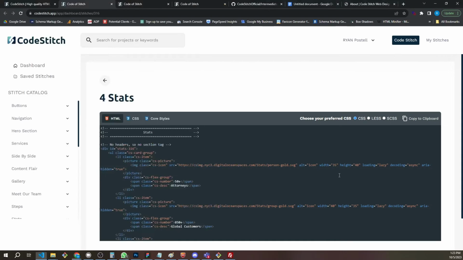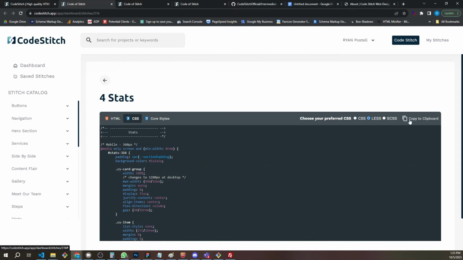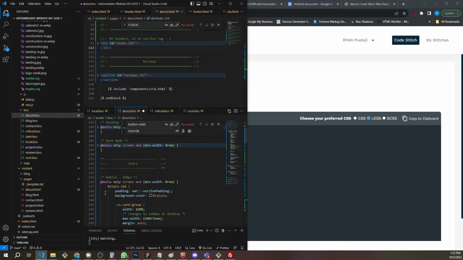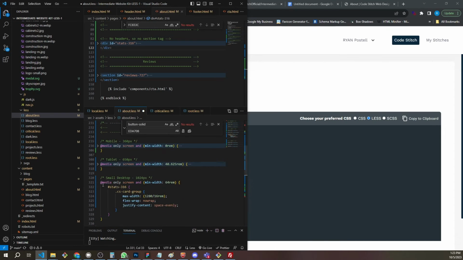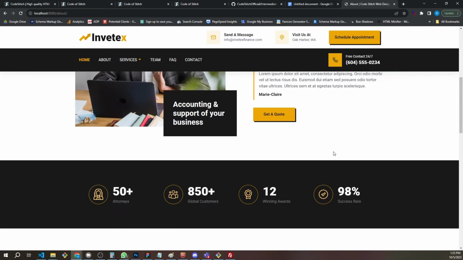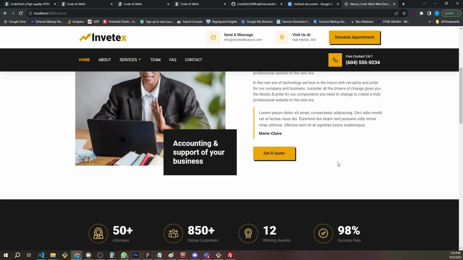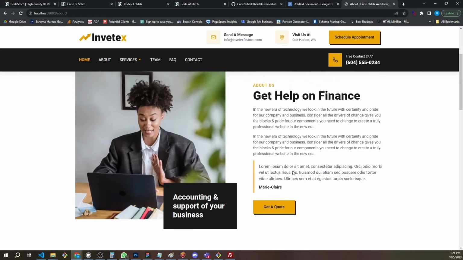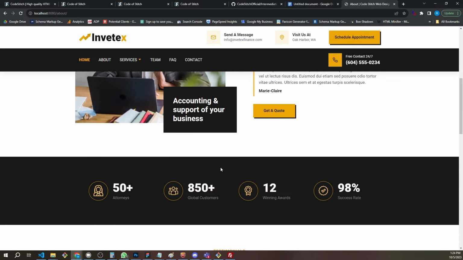Right here is where I'm going to get my CSS. Less, copy, paste, collapse everything, get my space right, and save, and that will put that there. So we have that little buffer zone between the two groups here. So the thing is, we have the black here, so that black on black is a little